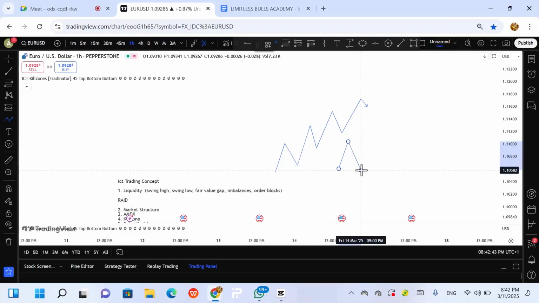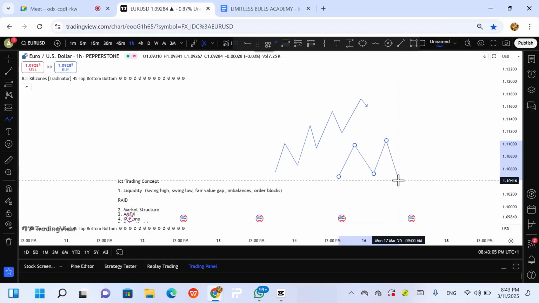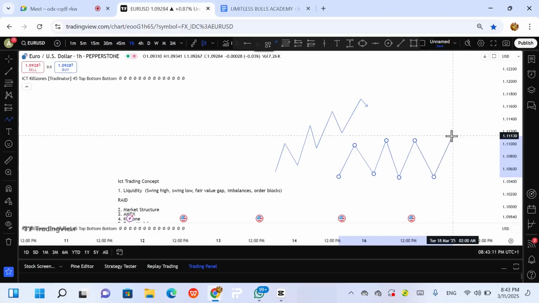And then the other market phase we have, this one has many names. You can call it accumulation, or the ranging market, or the consolidating market, whichever. And you can see this mostly in the Asian zone, that is for New York pairs. So now look at this. This is a ranging market. You see a ranging market forms equal highs and equal lows, or it ranges in a particular zone.